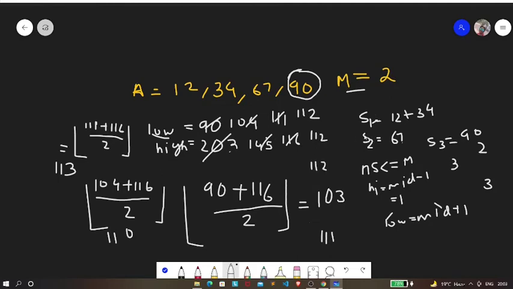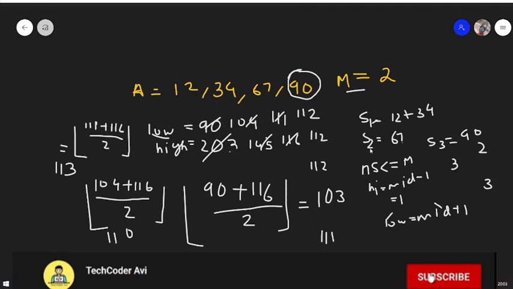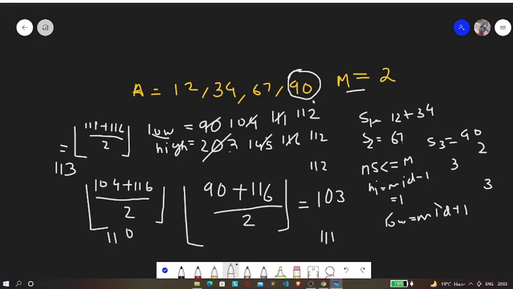Again, if we try to allocate, we can allocate 12 and 34 to student 1, and we can also allocate 67 to student 2. But we will require another student to allocate book 4, right? And hence again the number of students required will be 3, which is actually greater than m.